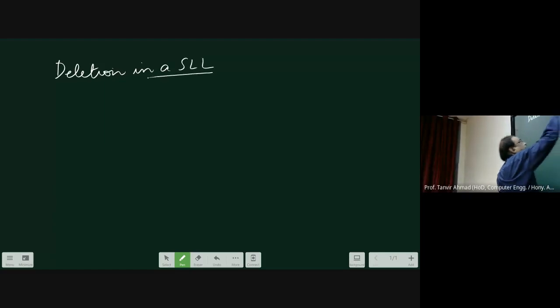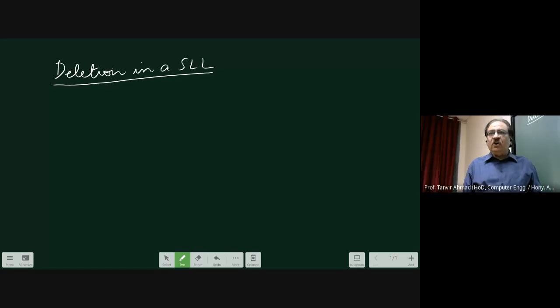Just like the addition, there will also be more than one type of deletion. Primarily, there will be three types of deletions, which can be extended to more types depending on the problems. Therefore, today I'll do deletion in a single linked list. Now, in this case, let me assume that the linked list already exists. You must be sure by now that a linked list can exist with n number of nodes. Now, let us try to make it little.